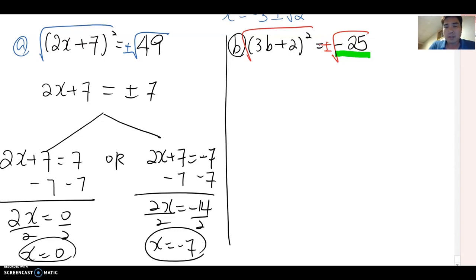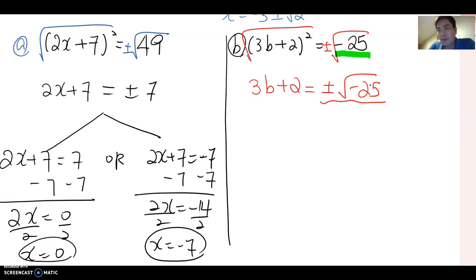Then this becomes 3b plus 2 equal to plus and minus square root of negative 25. So last time we talked about how the square root of a negative value is going to be an imaginary number. And now you can rewrite this as plus and minus